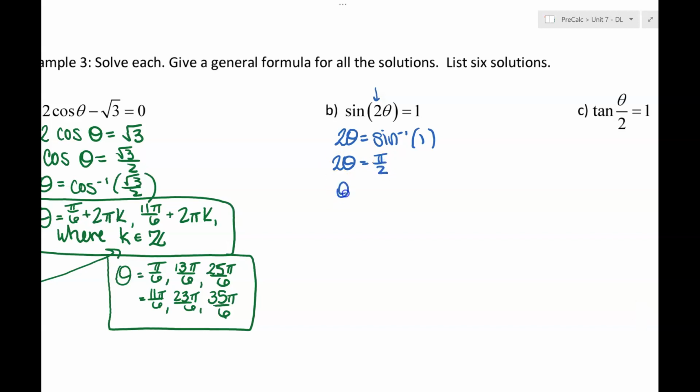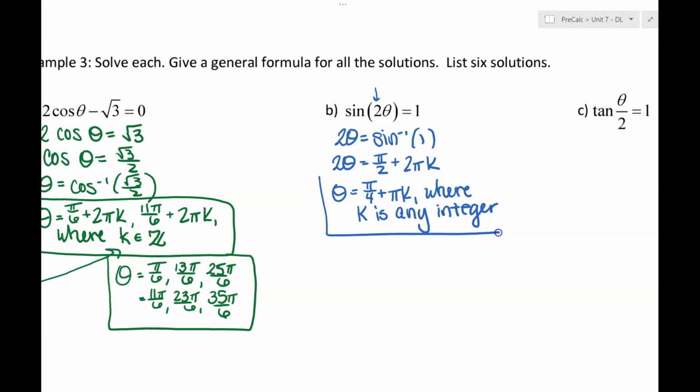And then theta, oops, just kidding, I'm getting ahead of myself. Okay, and this occurs every 2 pi k radians. So then we're going to say that theta is pi over 4, and this occurs every pi k because we have to divide both values by 2 in order to solve for theta, where k is any integer. Nice. But it says list 6